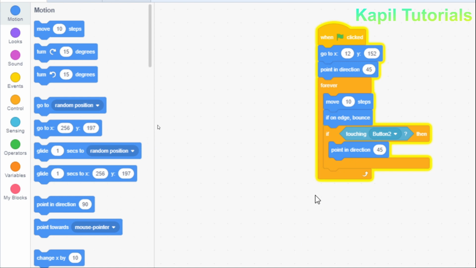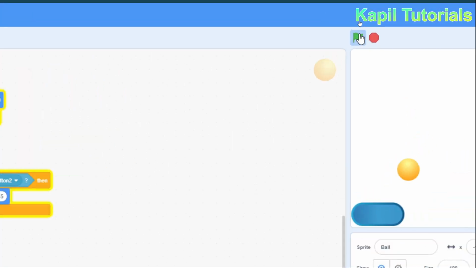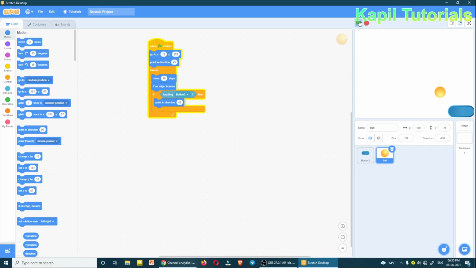And now I'll run this. Step by step I'll tell you how to do it. Let's see if it's working or not. I'll move it here. So just see, it's working. When the ball touches the sprite, it moves up. Okay. Just now I'll stop it.